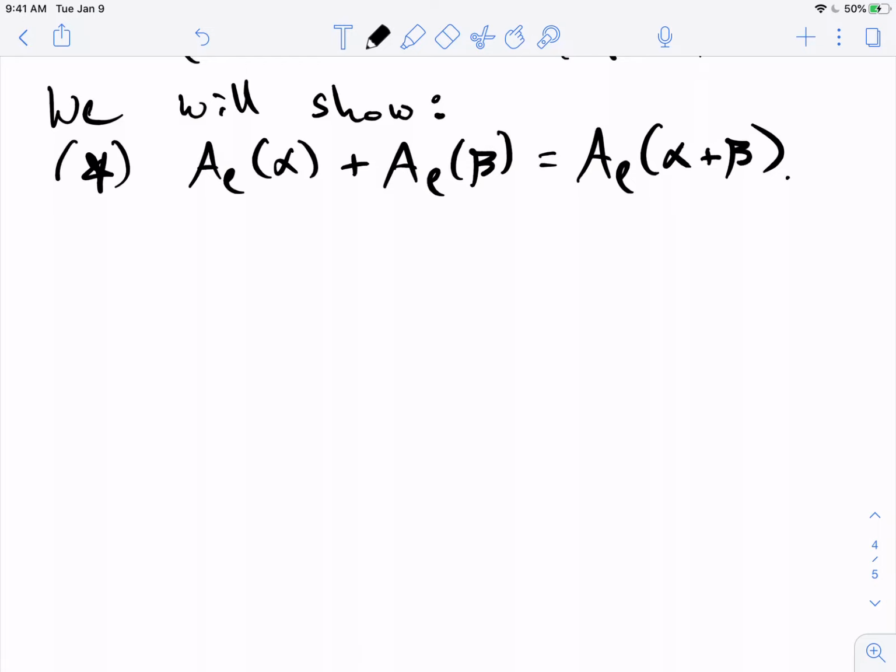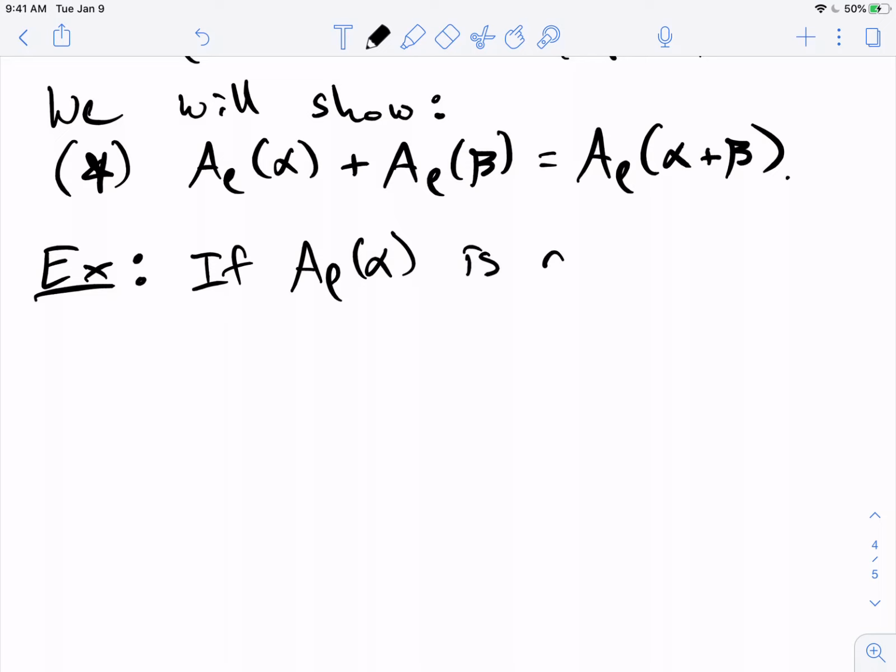So our goal is to prove this formula. And an exercise for some of you that know calculus is the following. If I have a continuous function, so if A rho of alpha is a continuous function which satisfies that property,